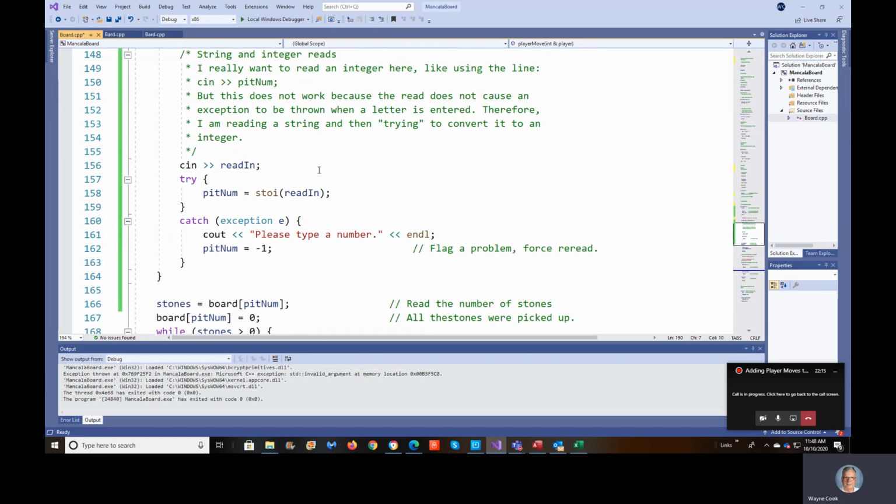And again, the one thing that's new I introduced here is the try catch. If you notice, you have to have exception E here. And it just is an error message, and then sets pit num to something that will cause me to reloop and ask again. If there are any questions, please ask,